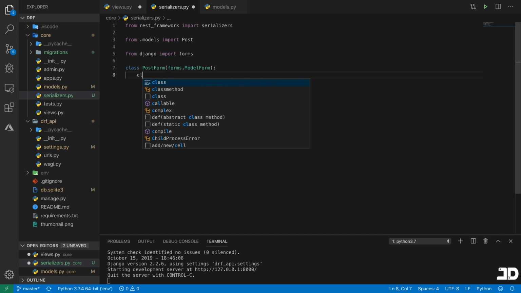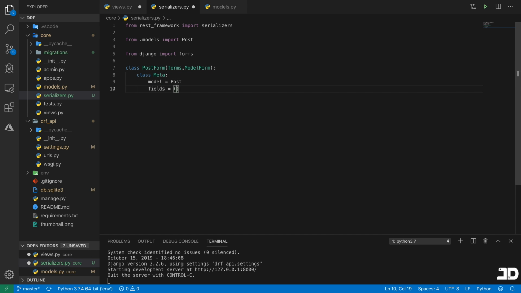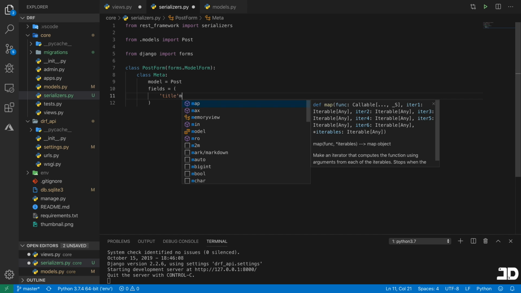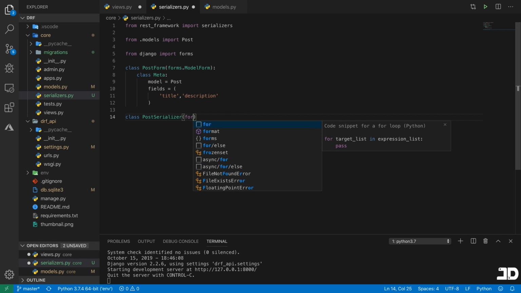And if it's a model form, we would then say class Meta, specify the model as the Post, and then we'd specify the fields and say it's maybe the title, and it could be the description, and that would be our form. So this format is basically exactly the same for creating a serializer. So how we do that is just by saying PostSerializer, in the same naming convention, and this is